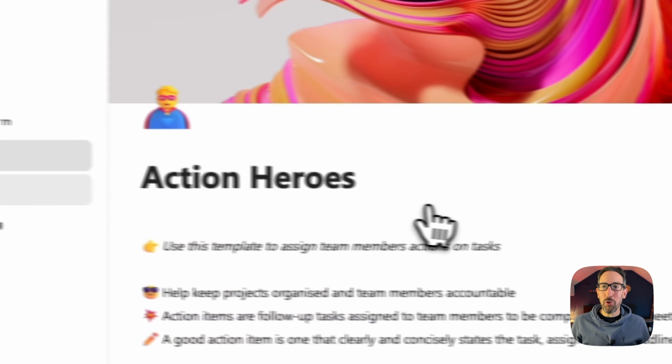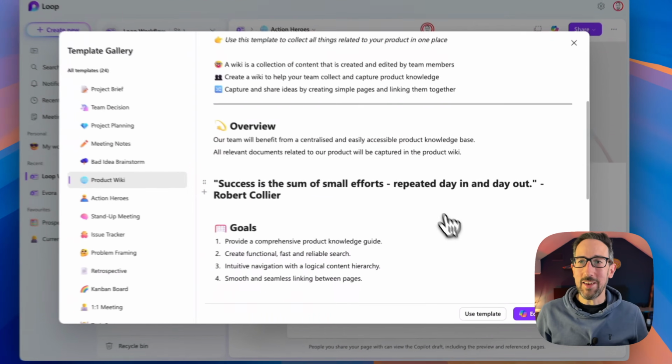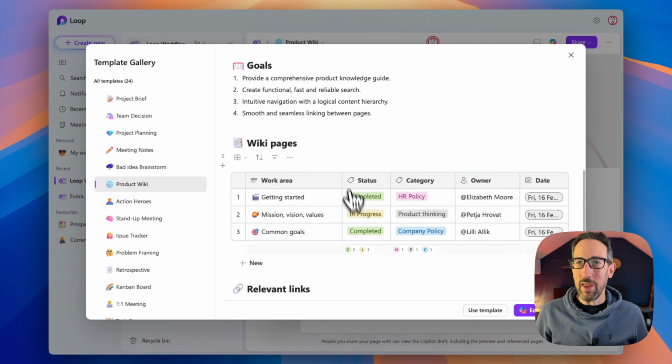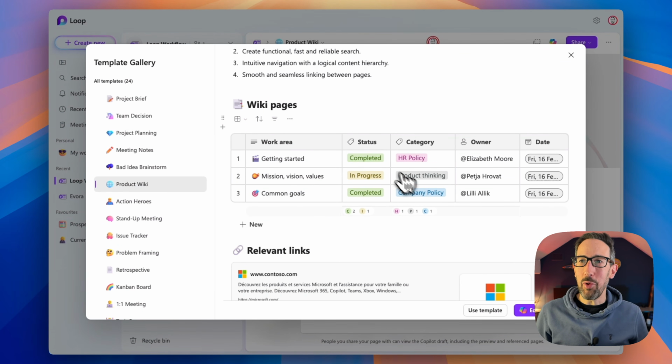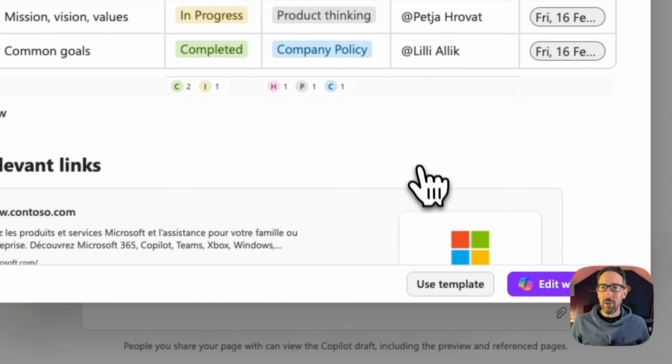But say we use product wiki, which looked like it had a table in it for us, this wiki pages table, and maybe we want to put a workflow on that to say, well, if the category changes to something, let's notify the next person. If the status changes, let's notify someone. That looked like maybe that's something a bit like what we wanted to do. So we click use template